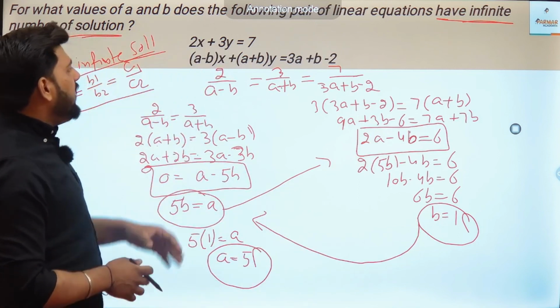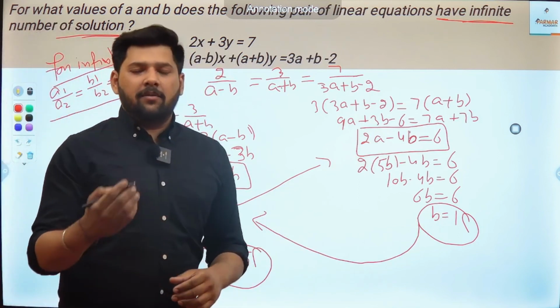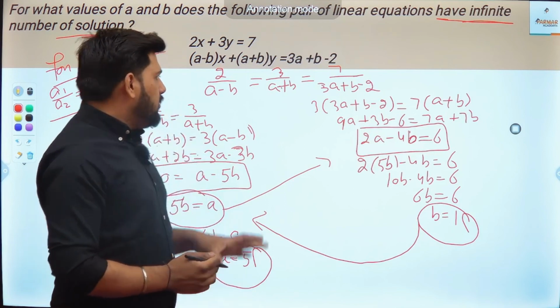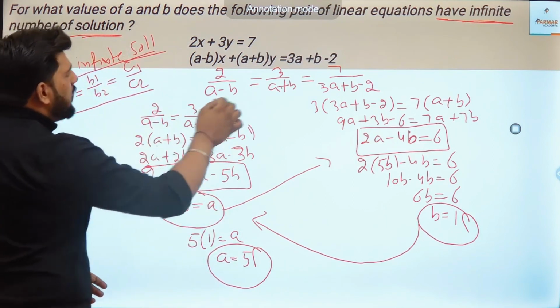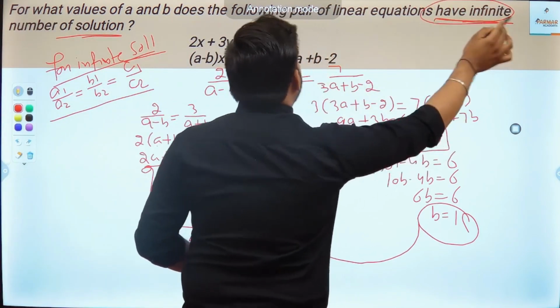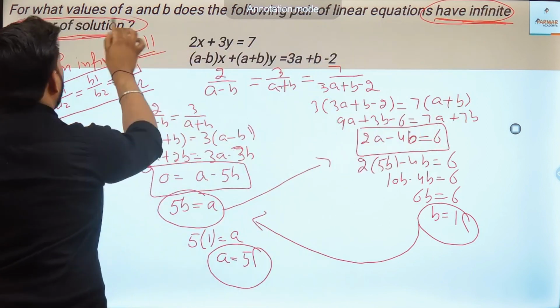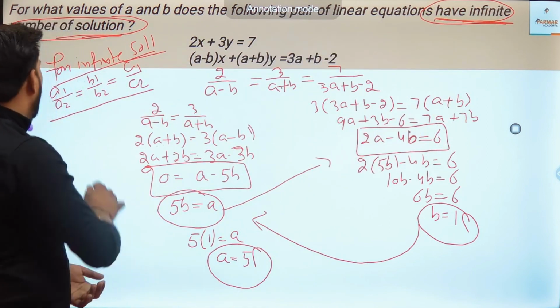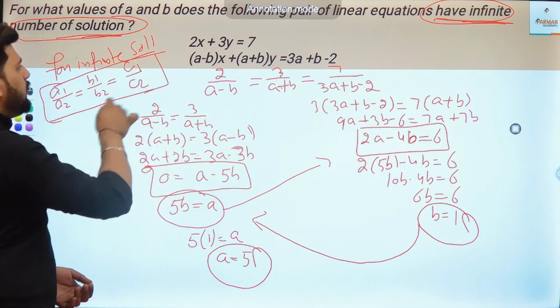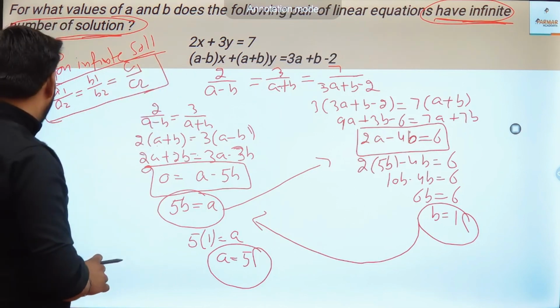This pair of linear equations has infinite number of solutions. So this is how we have to use the condition according to the given statement. They are saying that there are infinitely many solutions, so we will use the condition for that number of solutions. The next one is,